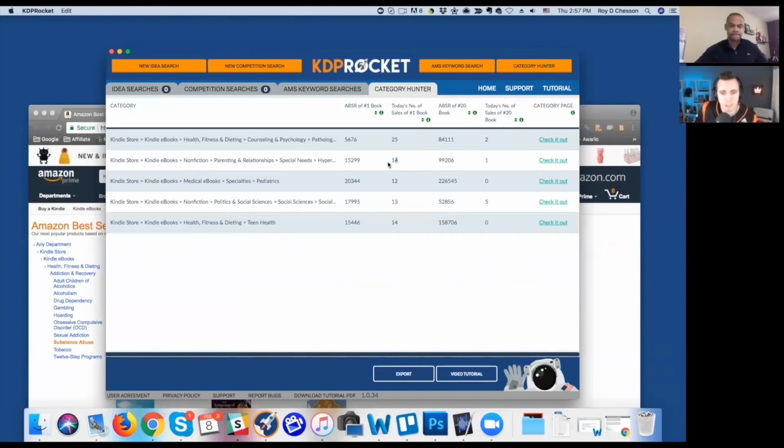So there we have it. We have a much better chance of selecting a category that will allow us to be a bestseller than what we would have if we'd just done the parenting. And that's why we created this feature. And then this way you can just ask Amazon to put your books into those categories. Exactly. So all you would have to do is copy the string,